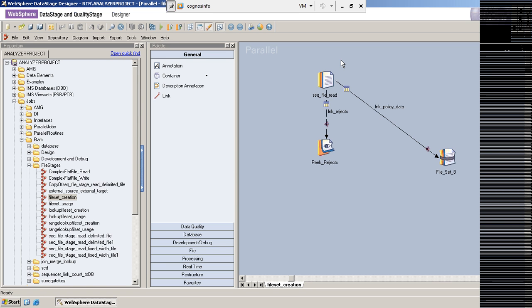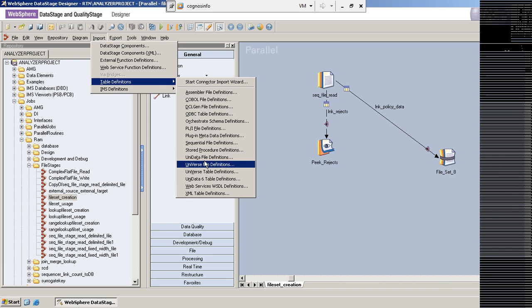I have used the sequential file import operator, right? I just opened that particular sequential file in the columns tab, clicked on load, and imported the schema definition, right? Here also you can import actually. The import table definitions option is there, right? Go to this table definition, click on the sequential file, and you can import the metadata info of the